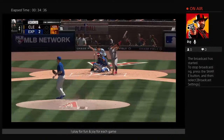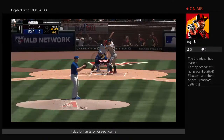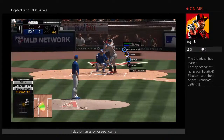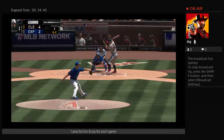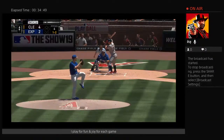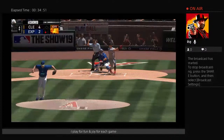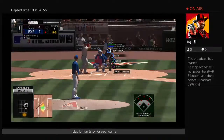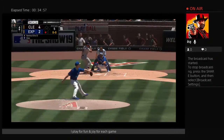With this one almost in the books, the story was clearly the long ball. What are your thoughts on this offense, fellas? Well, Matty V, I don't know what your thoughts are, D-Roll, but boy, when the weather starts to warm up and the ball starts jumping out like this, it's clear that the pitchers need to start making better pitches. Yeah, just great approach. No one really chased today. Really stayed staunch on their ability to get that pitcher to come into the heart of the plate, and they